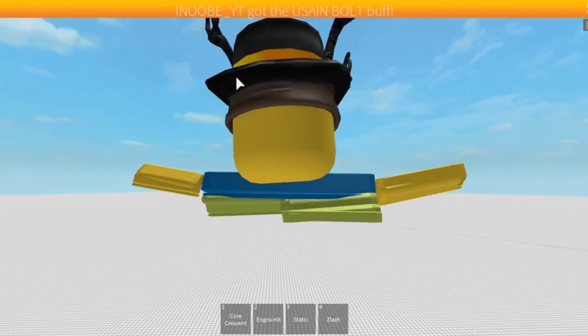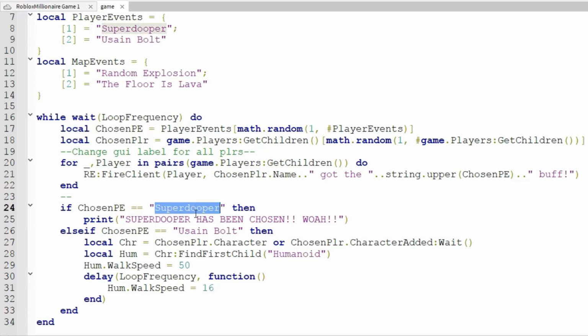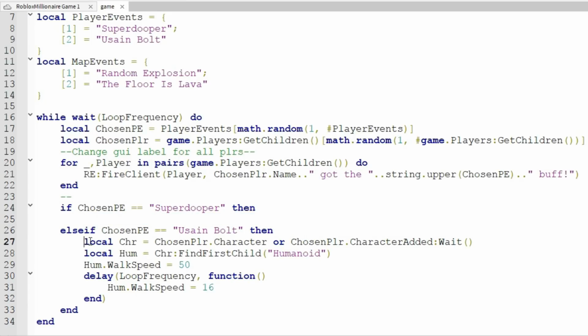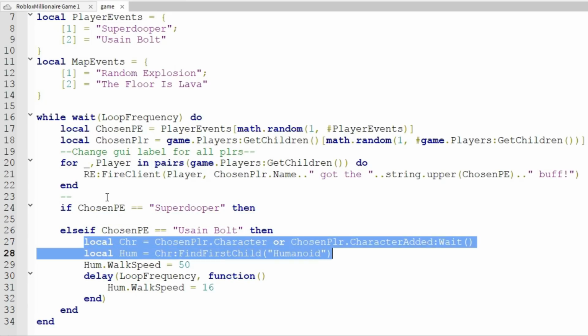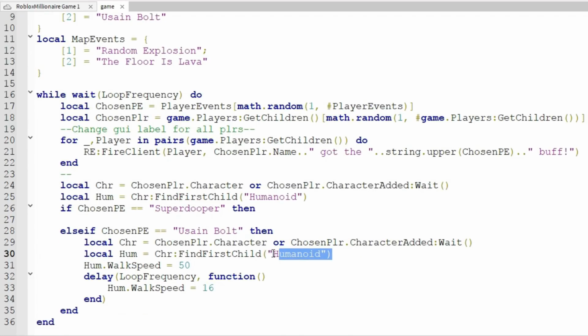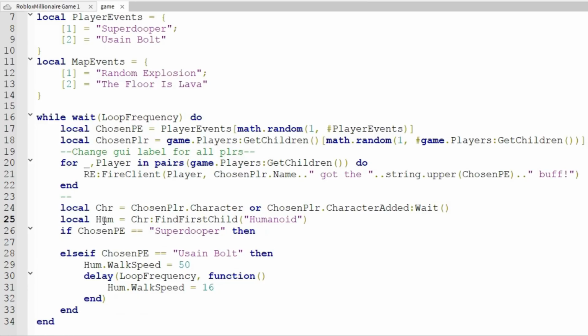So yeah, whenever it's super duper, whenever that is chosen, we can go here and change it up. We can take these outside of the Usain Bolt one and put it here so that all the different if statements can use it. And we can get rid of it here. There you go. So now we can use the hum variable, the humanoid variable, and we can...